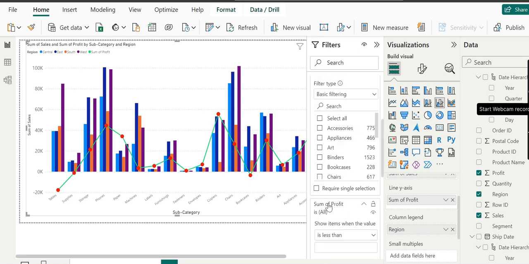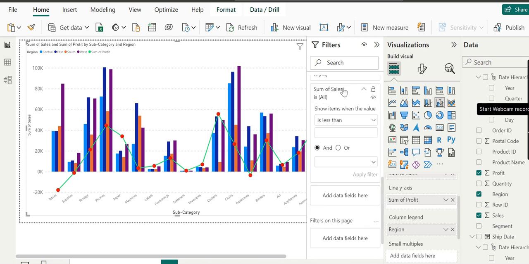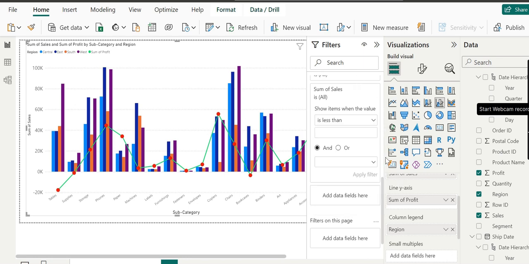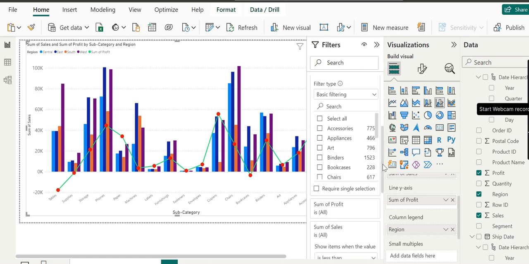Now we will show sum of profit, and we can mention here any of the values and click on apply filter.